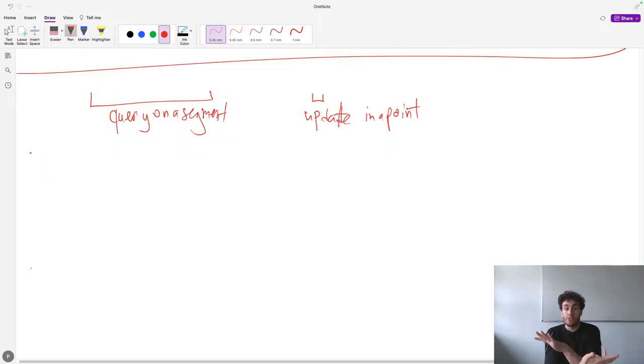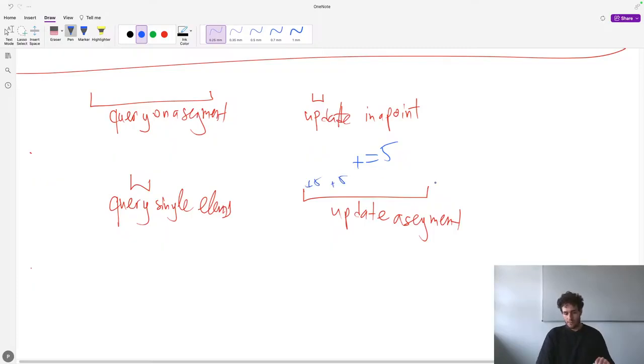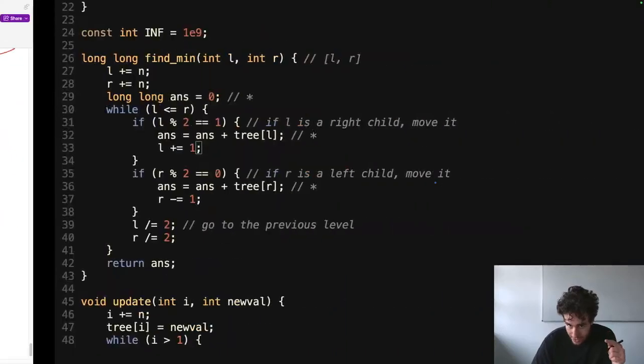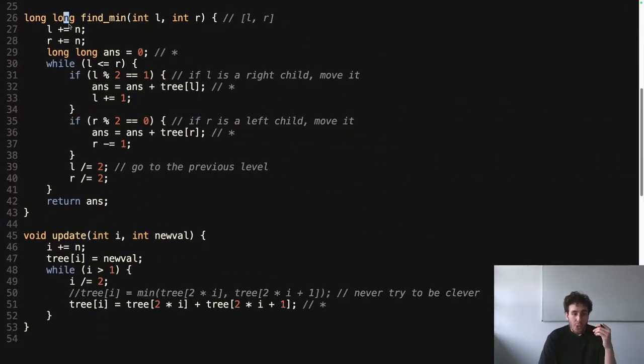But what if we reverse this idea? What if we query single elements but we want to update whole segments? So for example, I want to add 5 to all the elements in a segment. So this plus 5, this plus 5, and so on. I can do that. For that, I need a crazy idea of just switching these two functions,